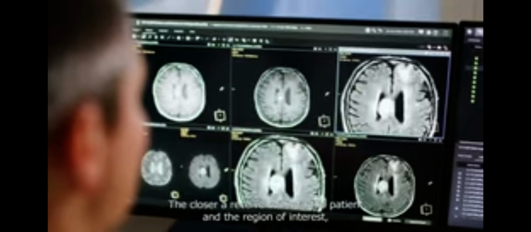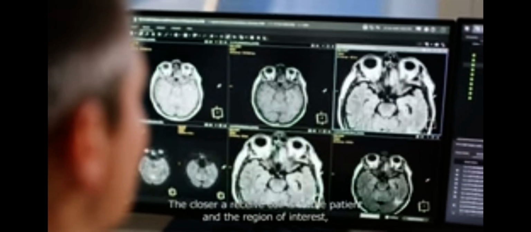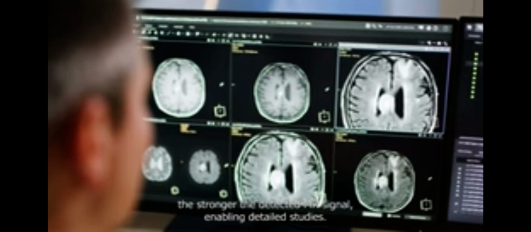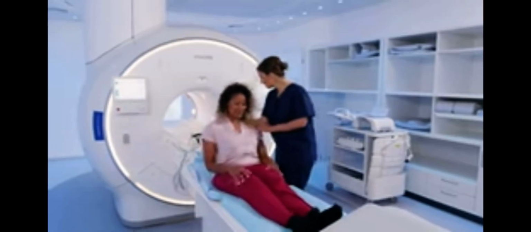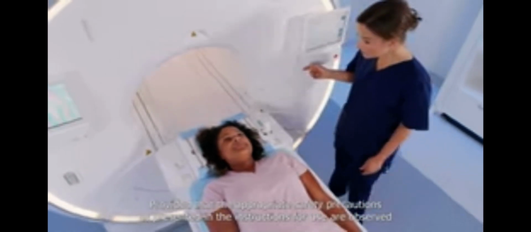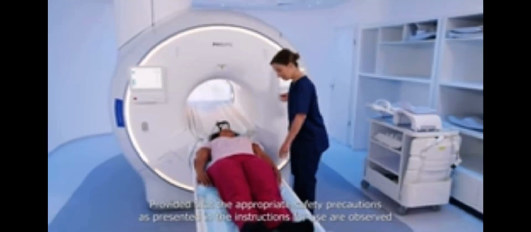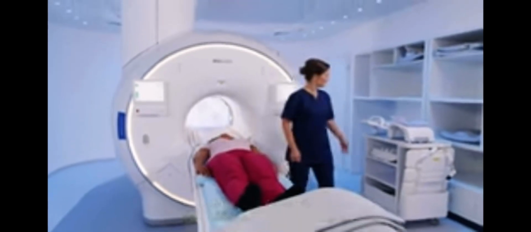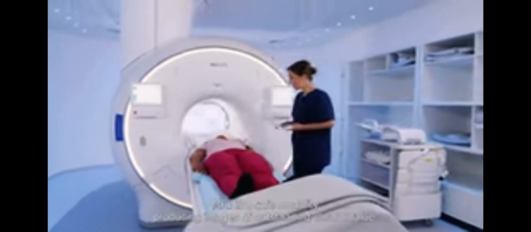The closer a receive coil is to the patient and the region of interest, the stronger the detected MR signal, enabling detailed studies. Provided that the appropriate safety precautions, as presented in the instructions for use, are observed and the system is operated by qualified and trained personnel, MRI is a safe modality, producing